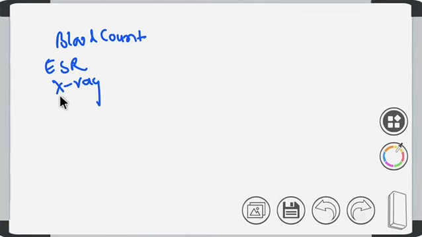Now what are the investigations that you do? As it is inflammation, we'll do a blood count. We do erythrocyte sedimentation rate. We'll do an X-ray of the mastoid. We'll do an ear swab. These are all common things, right? Everyone can understand this. Clear? And what is the treatment that we can give to this disease?